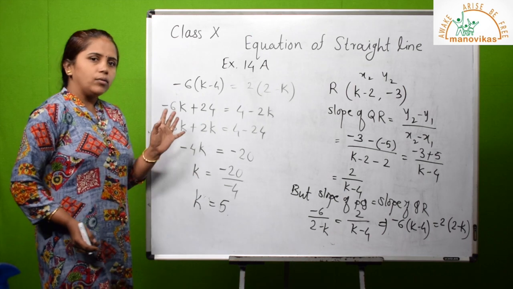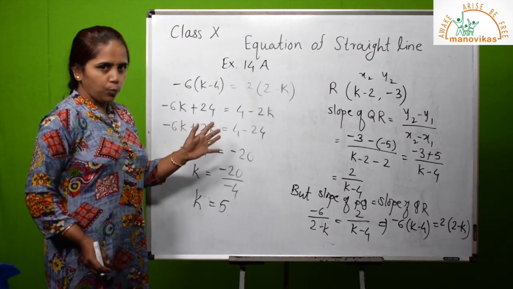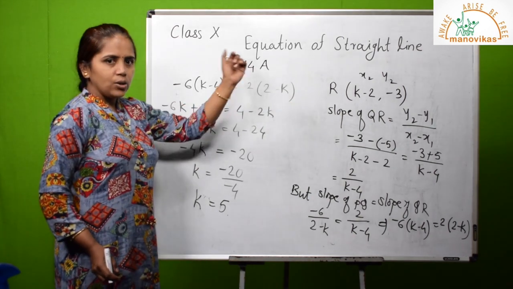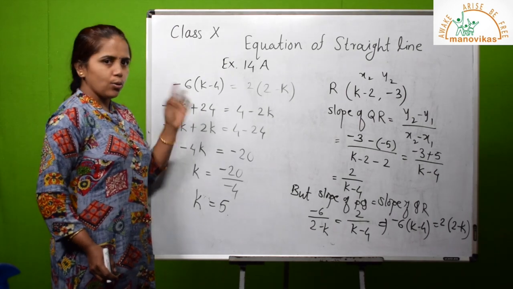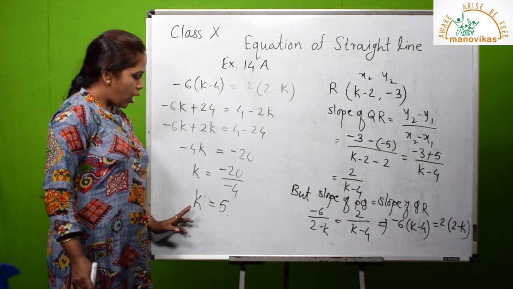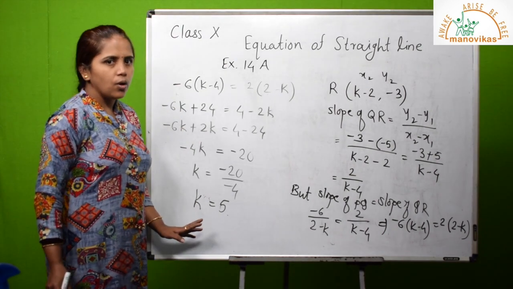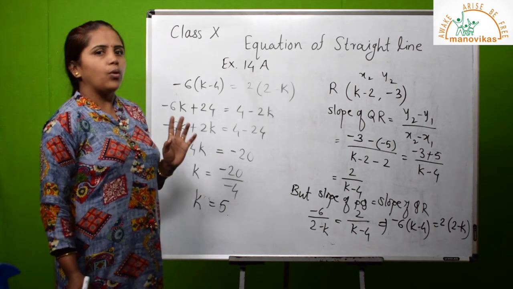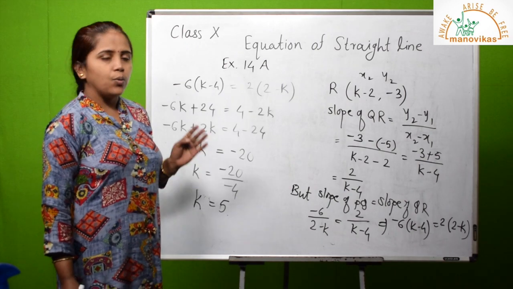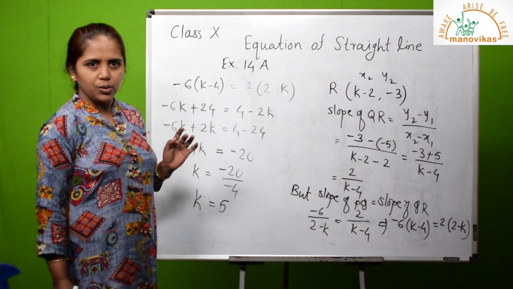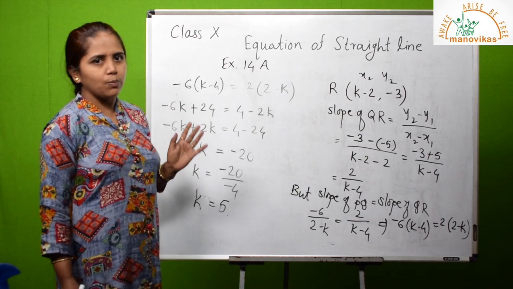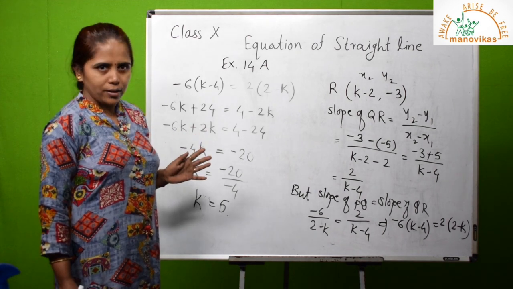So in this sum, coordinates of the 3 points were given. In that one unknown k value was there. Again it was given that P, Q, R are collinear points. We use the condition for collinearity to get the unknown value k, that is k is equal to 5. This is all about what is inclination, what is the slope or gradient of a line, what is the condition of collinearity using the slope of a line, and y-intercept or intercepts made by a line on coordinate axes.